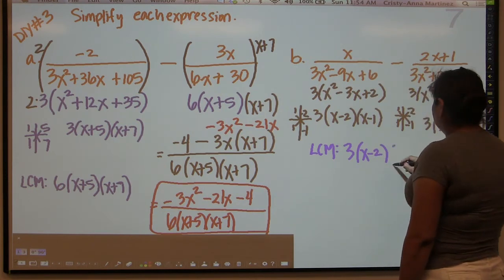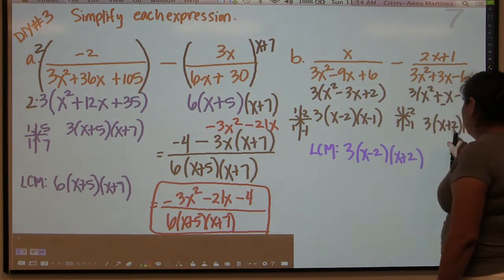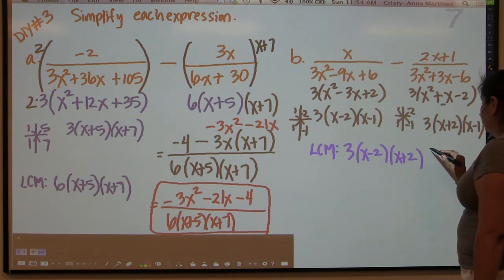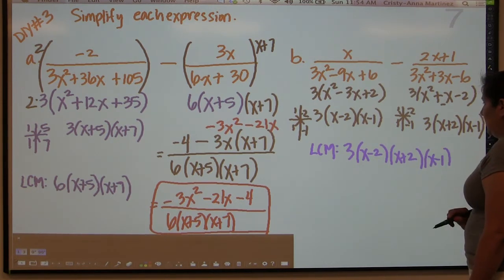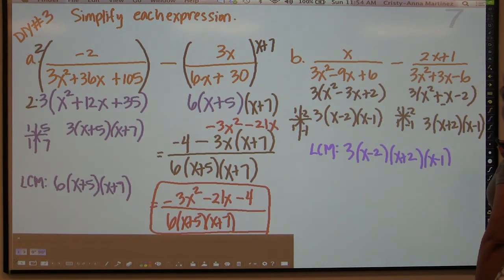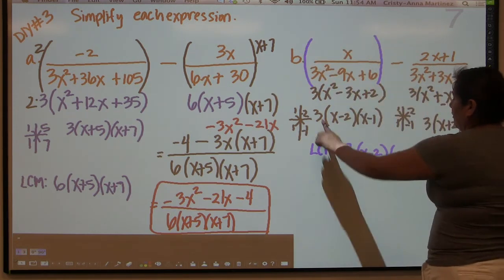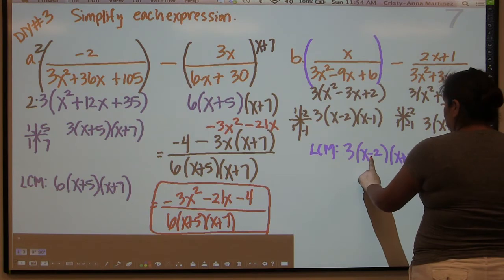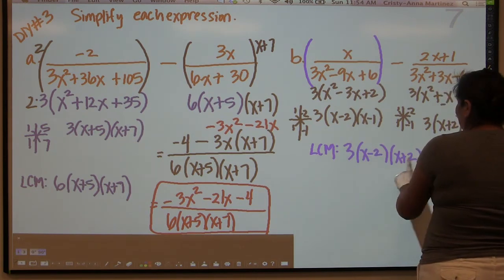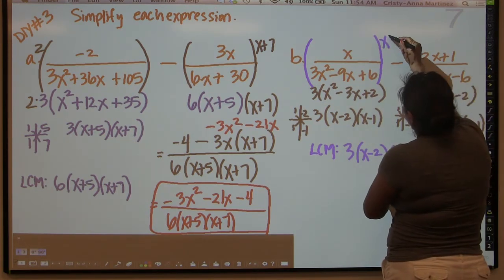We need an x plus 2 because this one has an x plus 2 and they both have an x minus 1. So that will be our least common multiple. So we need to multiply this fraction by what it's missing. It already has a 3, already has x minus 2, already has x minus 1. It needs an x plus 2. So we need x plus 2,